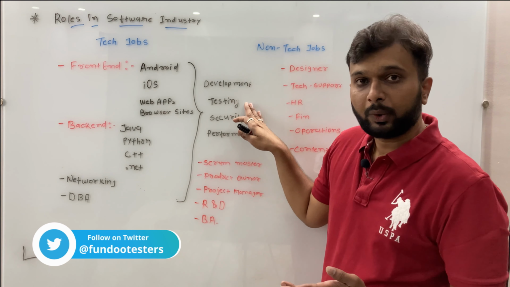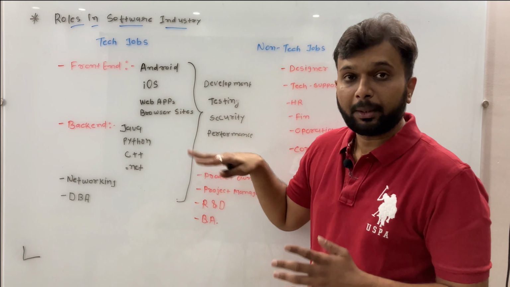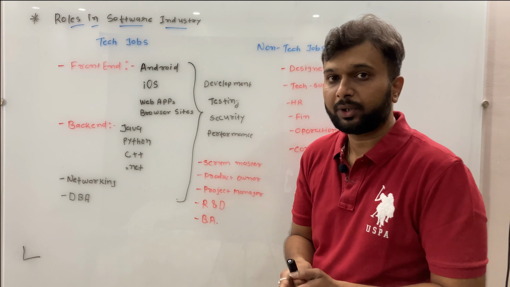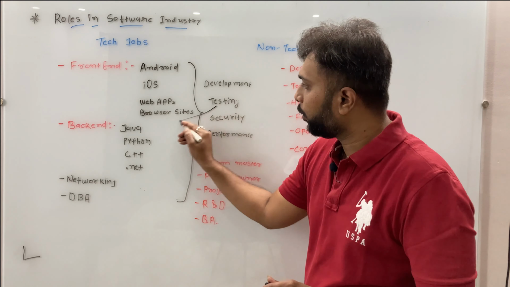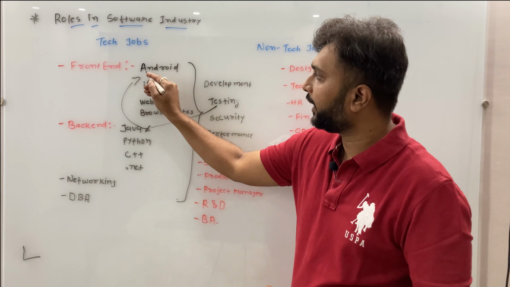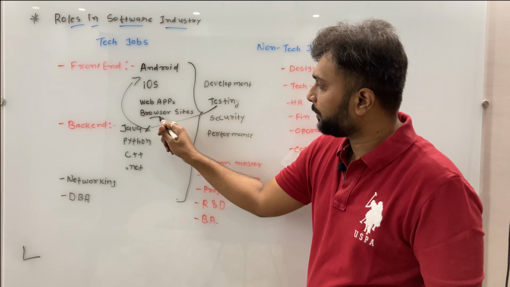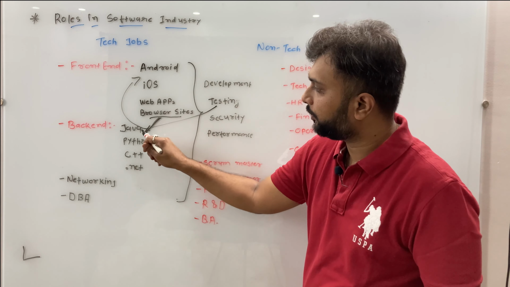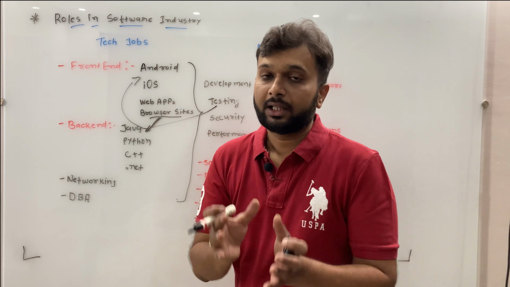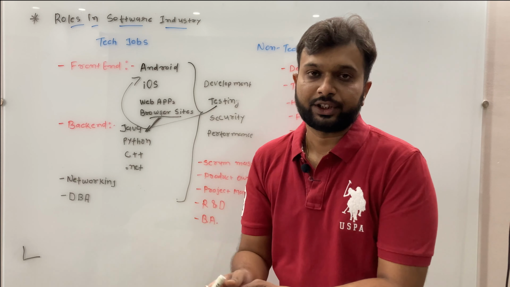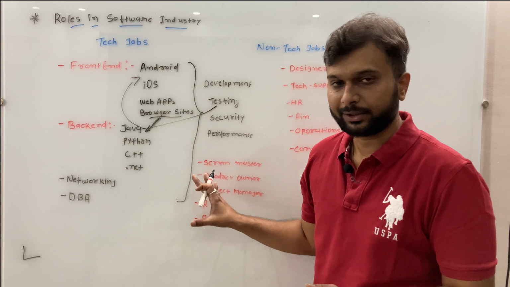Now the same applies to testing. If someone is working on the front end, testing can be manual testing or automation testing. If someone is doing automation testing, they will go with one programming language. A tester will go with Java and use some tool for Android application automation, for example Appium. If it is the browser side, they will use a combination of Java plus Selenium. If it is a backend technology, they are going to test APIs, so they will work with Java plus REST Assured. Like that, they choose a technology. So basically, why am I explaining all this?